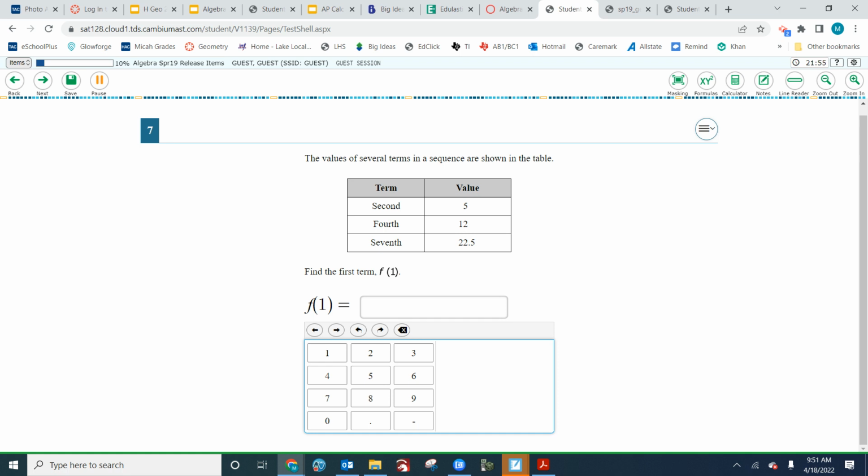So do you guys see that 5 and 12 are 2 terms apart? So if it's arithmetic, if you took the total distance from 5 to 12 and cut it in half, you find out how much they go by every time, right? Which is what? 3.5, yeah. You got it. So what's 12 plus 3.5, guys? 15.5. Plus 3.5. What's that? 19.5. Then plus 3.5. So what's the first term? So what would I do? Minus, what's 5 minus 3.5? 1.5.